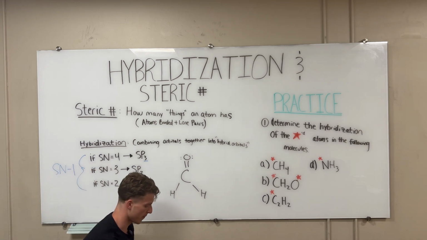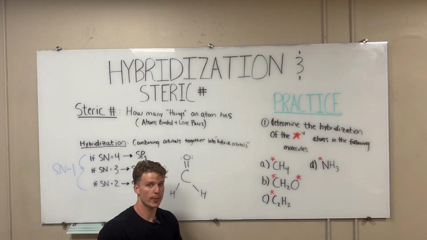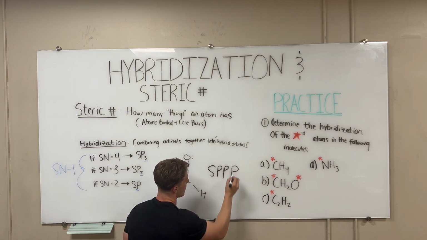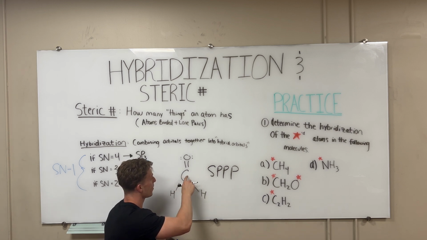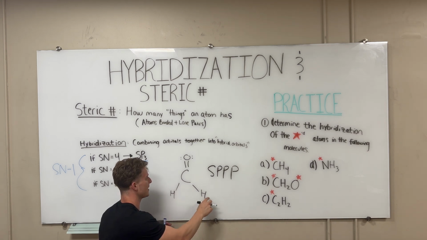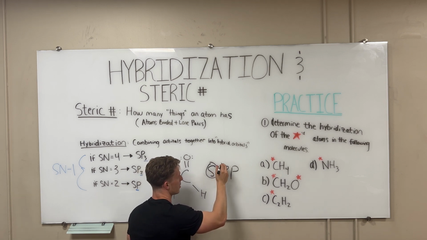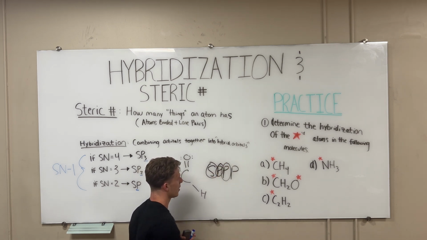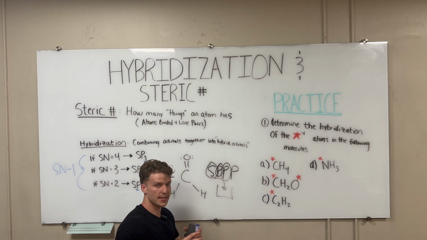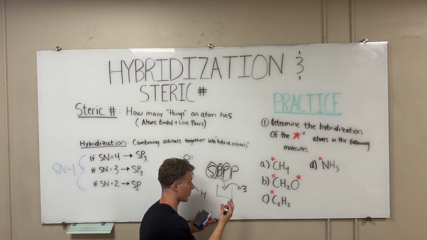But let's break that down a little bit further. So we know carbon has s orbital and it has p orbitals, and when you have p orbitals, you have 3 to work with. So we have s, we have p, and p. So carbon says, I need 3 overlapping orbitals. I need to overlap my orbitals with 3 different things. So let's take our s. You're always going to start from left to right. You're going to take your s, that's 1, 2, 3. So what we're going to do is take these 3 things, throw them in a pot, mix them together, and because we put 3 things in there, we're going to make 3, now that's a quantity, 3